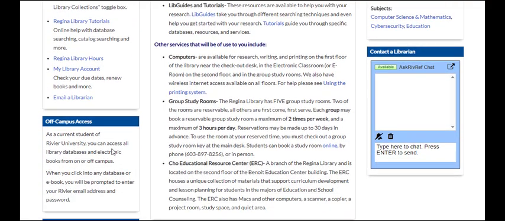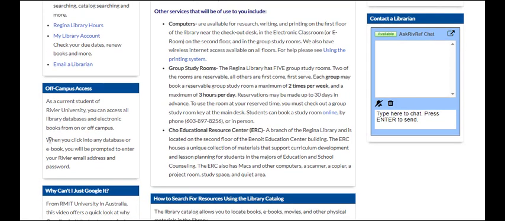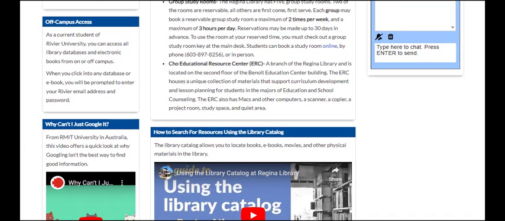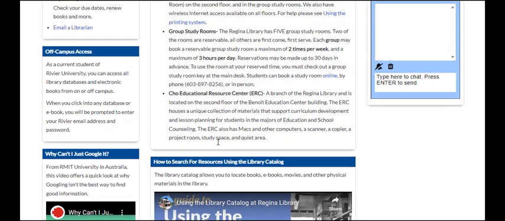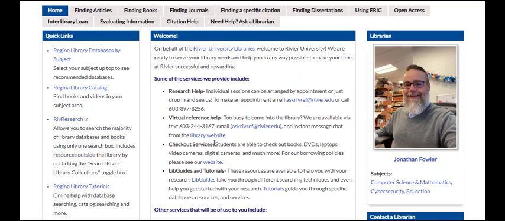Just below this, you'll find some quick information about how to access our resources from off campus. And finally, just below that, you will find a brief video on why it is best to avoid using Google for academic research. Scrolling back up to the top, we'll take a look at this welcome box in the center